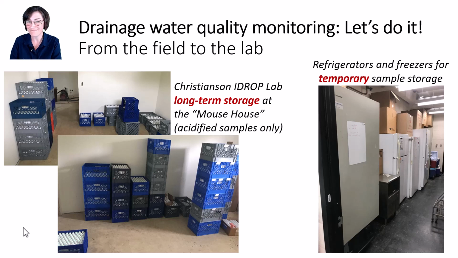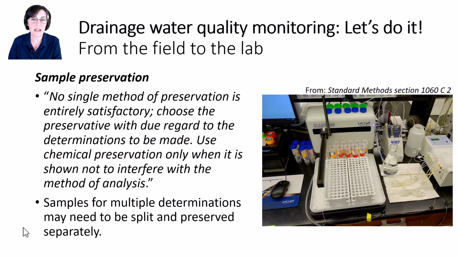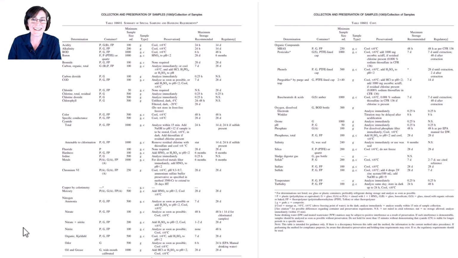You see this quote from the standard methods: "No single method of preservation is entirely satisfactory. The best preservation method is, in fact, to not preserve the sample at all by analyzing the samples immediately. When you're able to do that, you remove all uncertainty or error that is inherent in having to preserve a water sample." Here's a screen clip that is obviously too small to read. This table from the Standard Methods book lists the recommended preservation methods for a number of analytes. If you are doing water sample analysis, I highly recommend you check this table out.